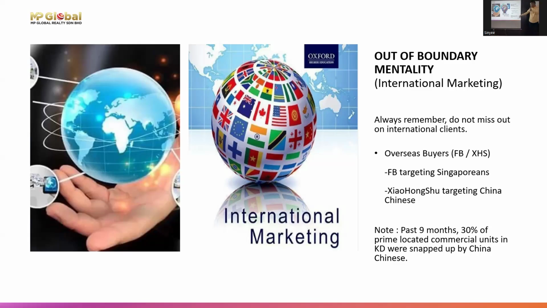Okay. So for the past 9 months in Kota Damansara, all those corner units that are worth more than 10 million transacted about 6 to 8 units. Actually, basically 30% were Chinese buyers. Example, you can use